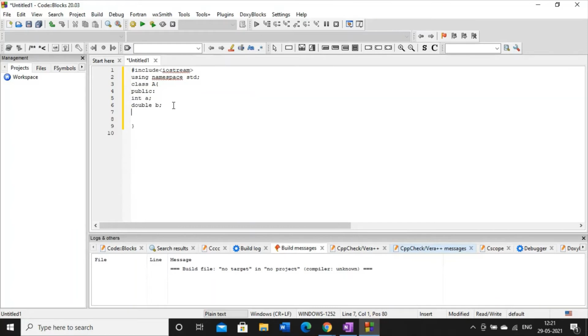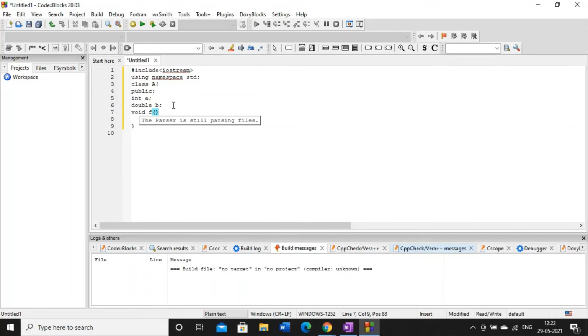Now say here I am using one function, say the function name is f, and the return type of this function is say void. And within this function I am not passing any value, that is, this is a no parameter function.